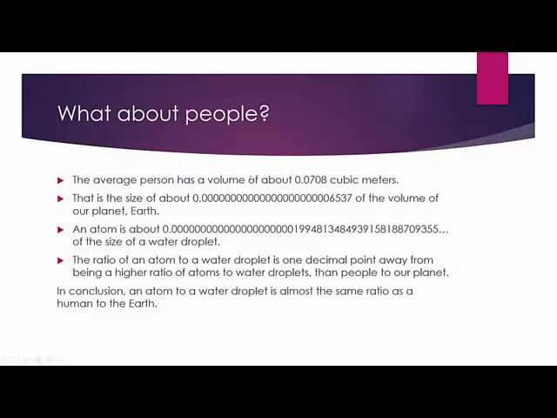What about people? The average person has a volume of about 0.0708 cubic meters. Forgive me for not reading the rest of these numbers. That is about the size of the volume of our planet Earth. An atom is about the size of a water droplet. The ratio of an atom to a water droplet is 1 decimal point away from being a higher ratio of atoms to water droplets than people to our planet. In conclusion, an atom to a water droplet is almost the same ratio as a human to our planet. Well,